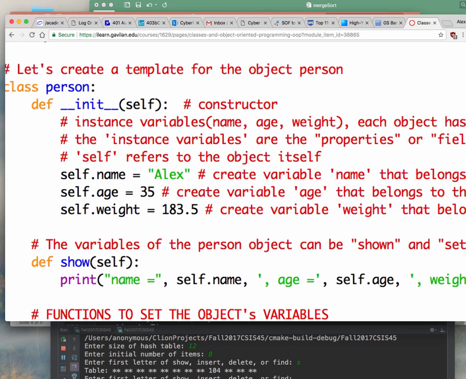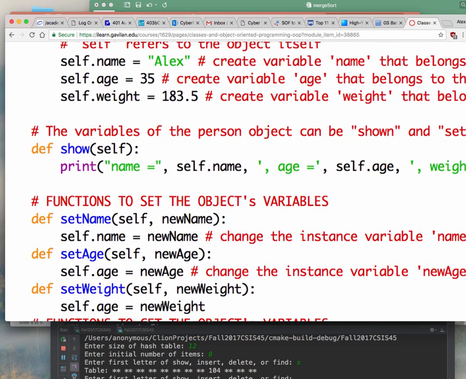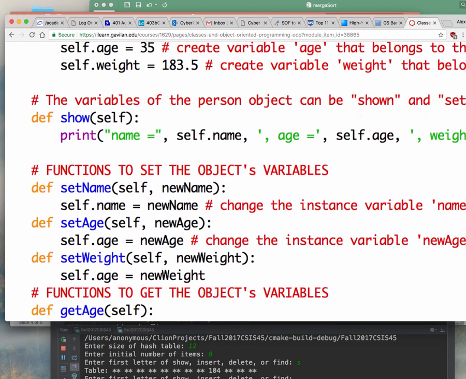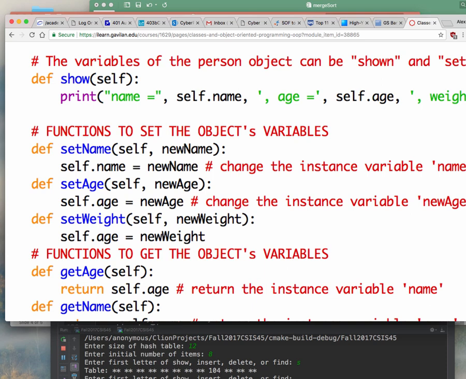And again, I have a way for me to show the object if I wanted to, and different ways for me to change the properties of the object. So remember, you should provide functions to change the properties and a function to show the properties at the very least. Plus you might have some other properties in there too.